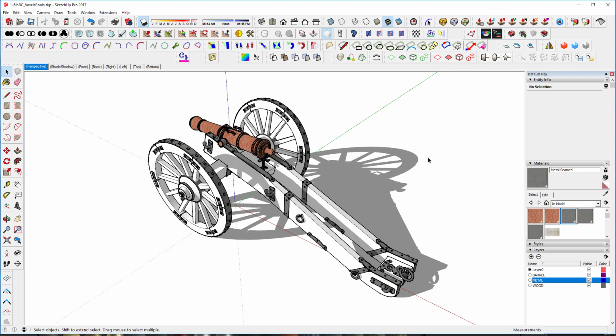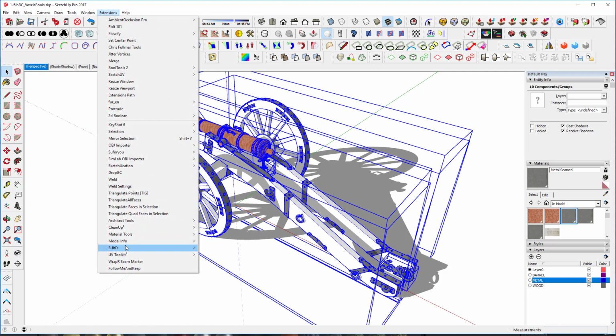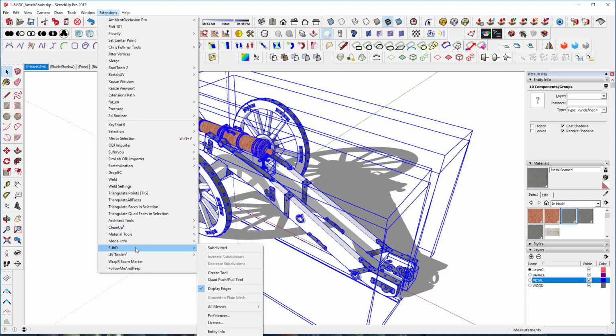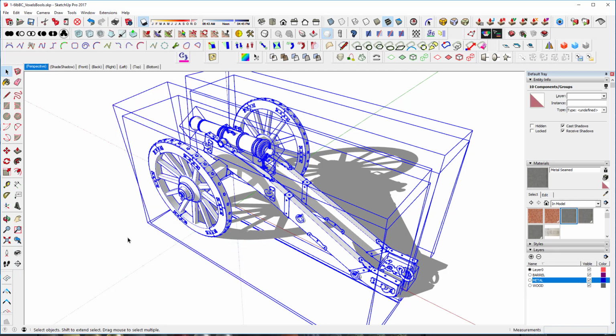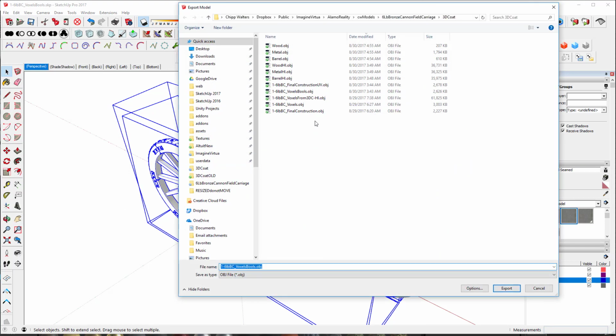But I'll save this and select all, and then go under Extensions. I'm using something called Material Tools, and I want to remove all the materials from the entire model, and then I'll export this, and we're going to call this one Voxel Bulls OBJ,